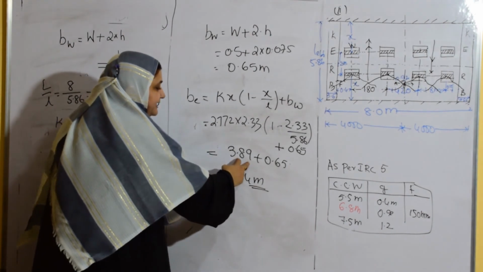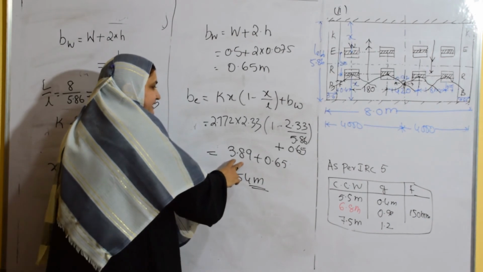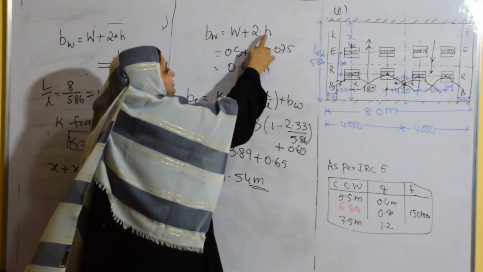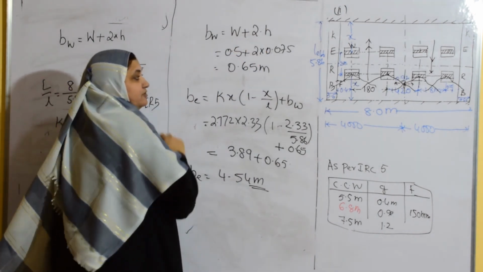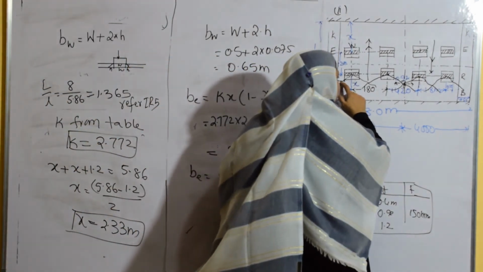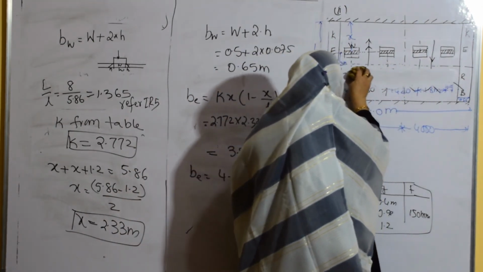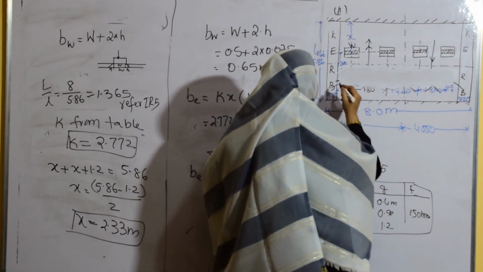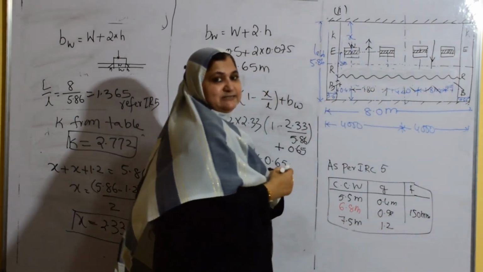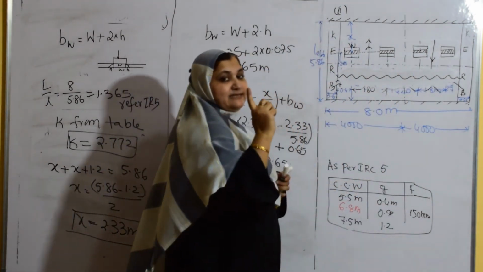So this 3.89 is fixed. We cannot do anything. Okay, so 3.89 is fixed. This BW we have to change. What is BW? W plus 2H, where W is the width of one tire. So what you have to do is, you have to calculate this total. See, what I am doing is, I am removing the axles. I am showing it as a load dispersion like this. This is the load dispersion. So we have to calculate these 4 wheels' width as a single width.